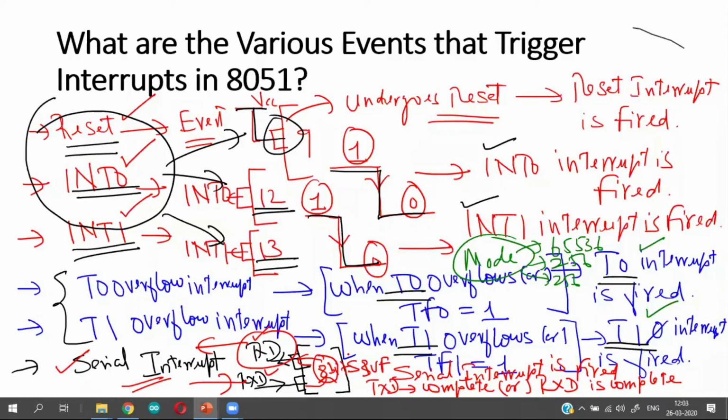When I say data, it is 8-bit data. It is not a single bit. It is a complete 8 bits of information. So when the microcontroller successfully receives one full byte of data, then the serial interrupt is fired. So these are the various circumstances which can trigger interrupts in the 8051 microcontroller.